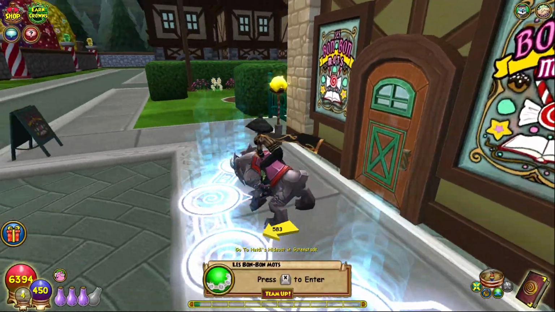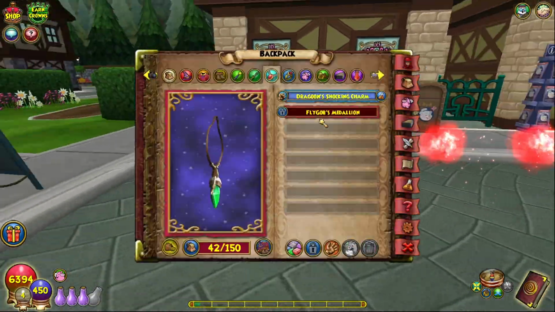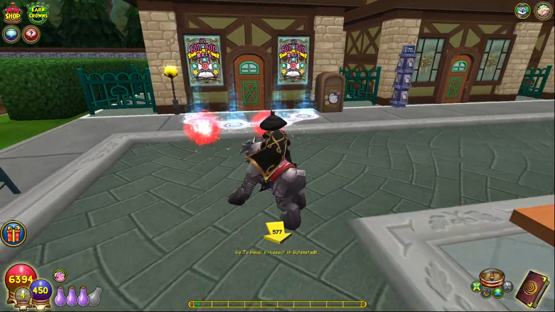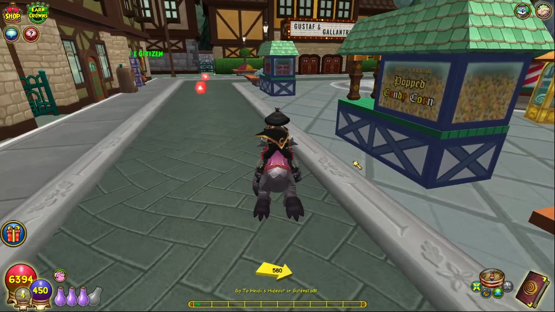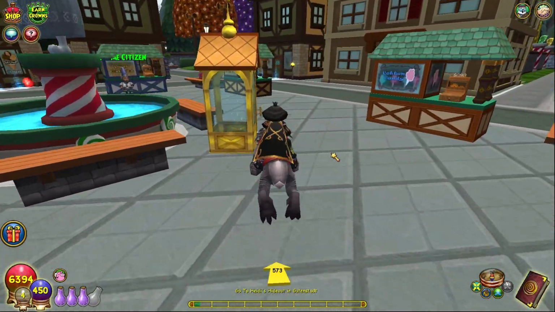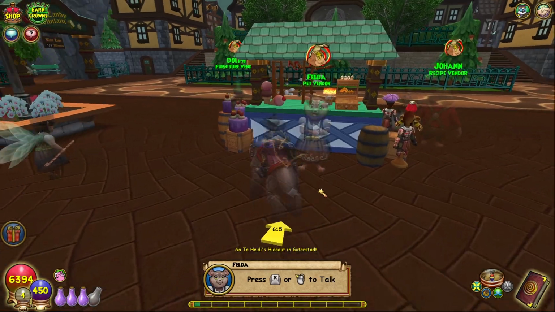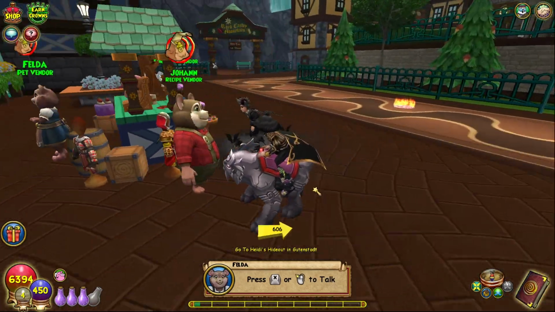He drops the amulets, and the drop rates are pretty good. I got mine really quick on other characters that I farmed. It was actually insanely fast how quick I got it. So yeah, that's pretty simple to get in my opinion. So now we're going to take a look at the